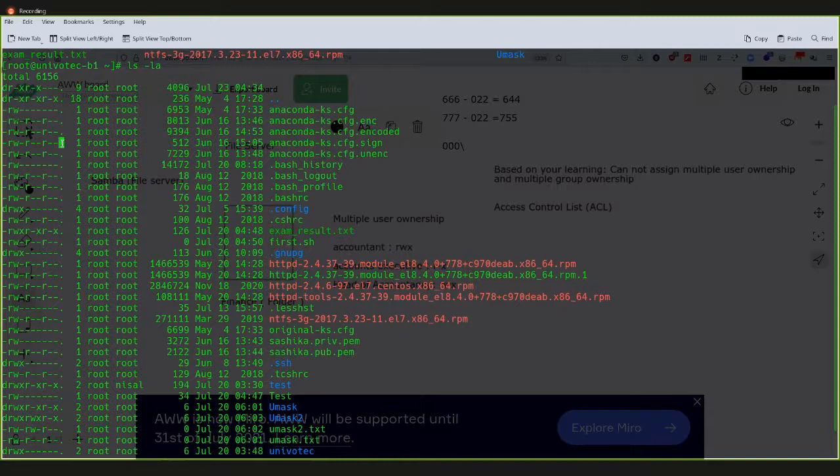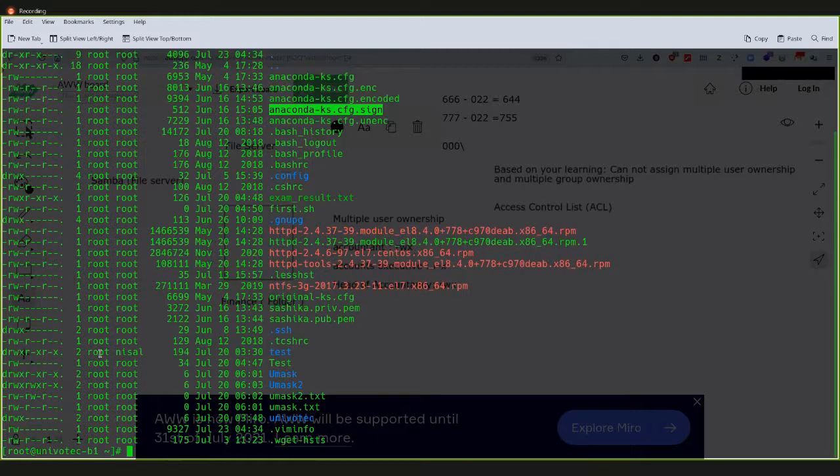Instead of the dot sign here, if you see a plus mark, that means for this particular file, the ACL, access control list, has been implemented. If you see a plus mark on this folder, that means the ACL has been implemented on the test folder. So that is one way of identifying